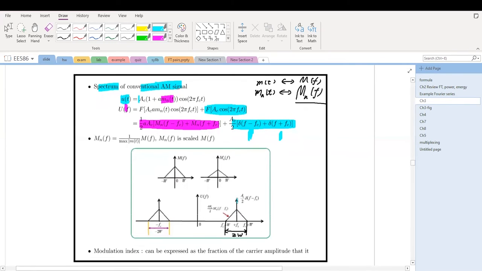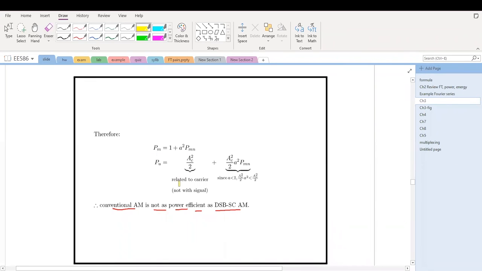This is the spectrum. We can see conventional AM does not suppress the carrier because there is a carrier transmitted here. And this carrier is not due to the DC component of the signal. It is transmitted here. We can see the bandwidth of the modulated signal for conventional AM is also 2W, so it's called conventional double-sideband AM signal. The power for the conventional AM modulated signal is half Ac squared